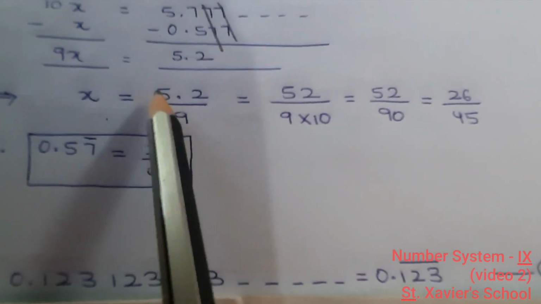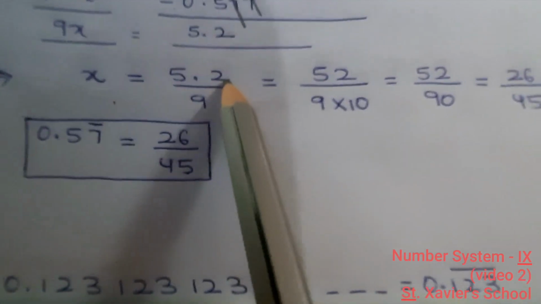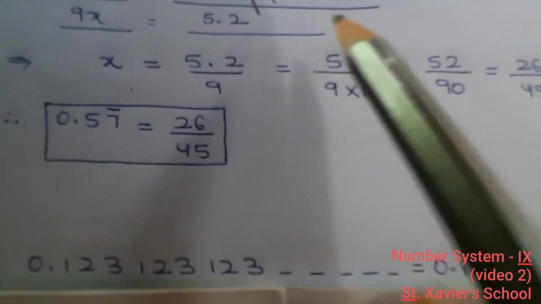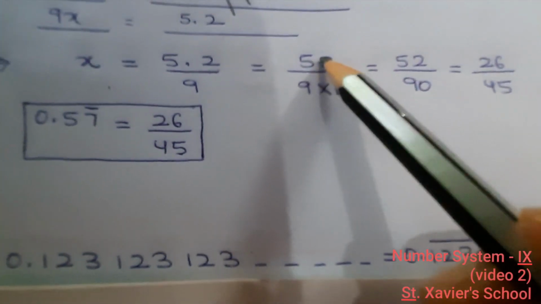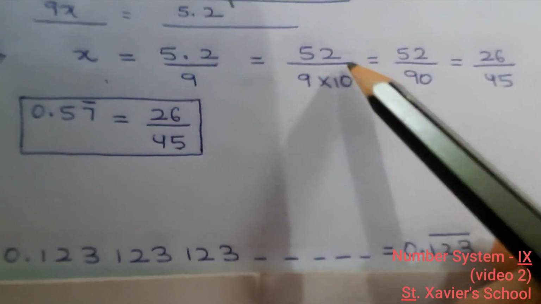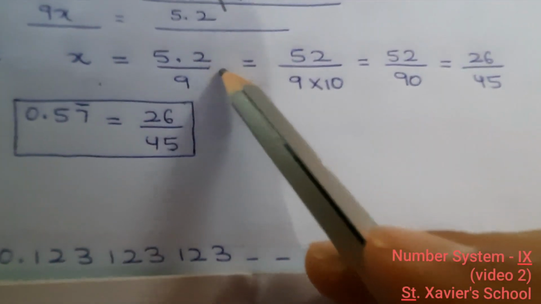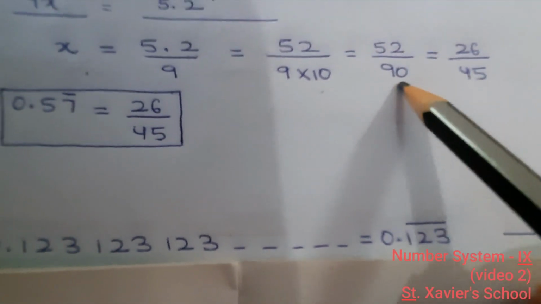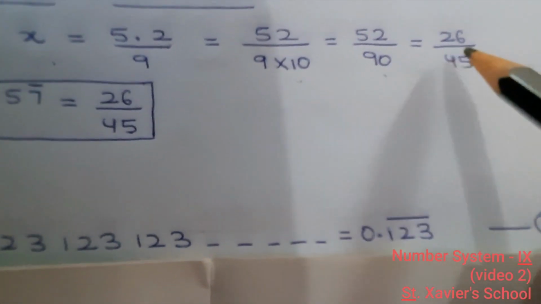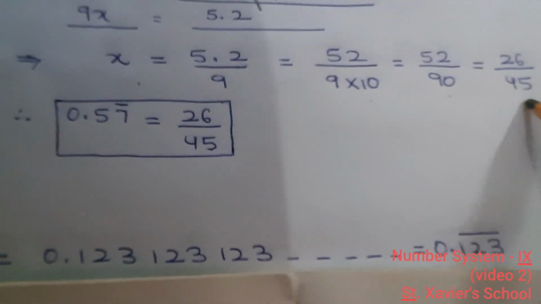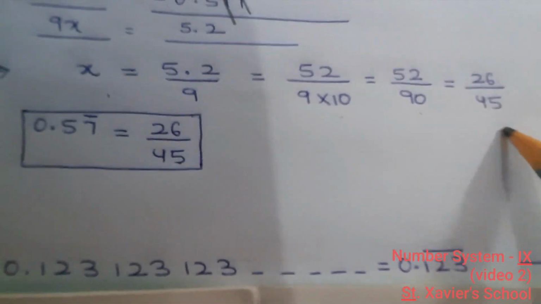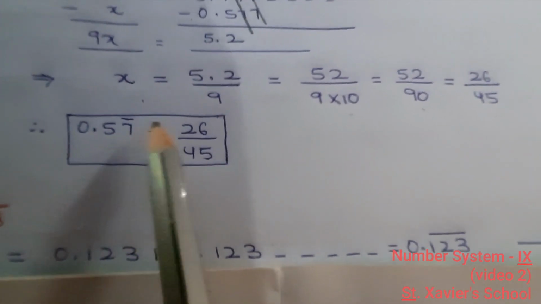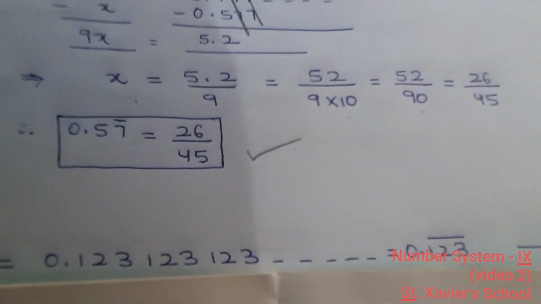But you know the decimal cannot be there in the numerator. The definition of rational numbers says that numerator and denominator are both integers. So to make it an integer, we will remove the decimal. Since there is a decimal after one place, it will be divided by 10. So it becomes 52 upon 90. They both can be cancelled by 2. So it will become 26 upon 45, which cannot be divided further. So we get our lowest form as P by Q form: 0.57 bar is equal to 26 upon 45.